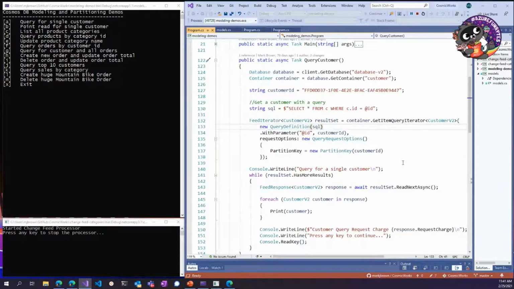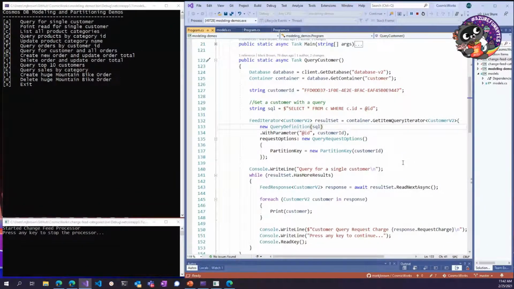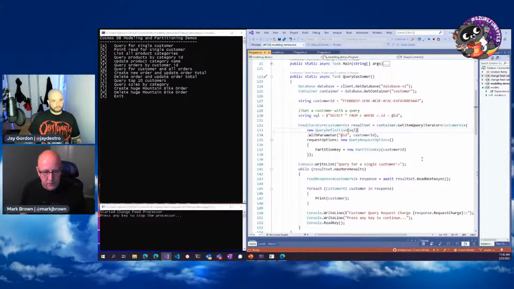Now the things you need for this function are three things. You need the query text itself. You then need to pass in one or more parameters. And then the last thing is your partition key. Now, remember earlier when I talked about us being horizontally scalable? That partition key basically provides a routing, or an address if you will, for where your data sits, on what partition or what server that data sits on. So this is what helps make queries efficient.